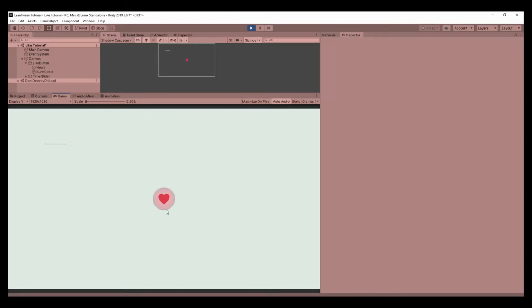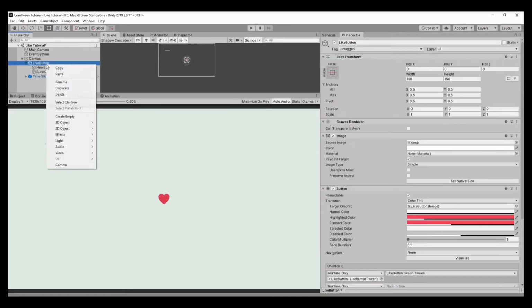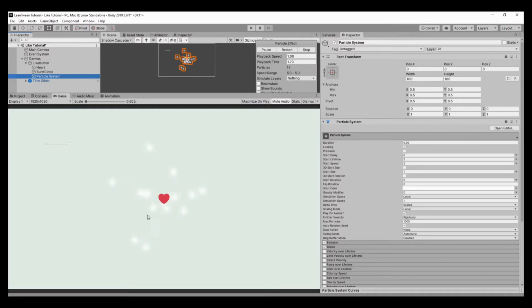Last time we learned how to tween the heart and the burst circle, and this time I'm going to show you how to add particles to give it that extra flair. Right-click on the like button and scroll down to Effects, Particle System, and that's going to create this default particle